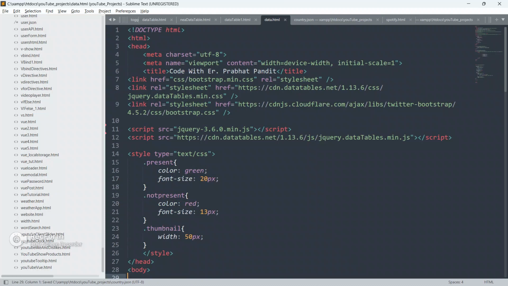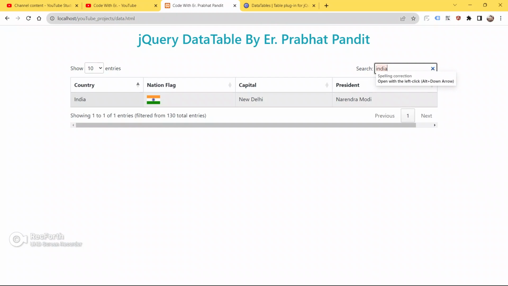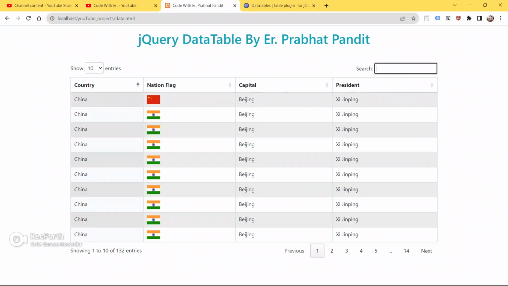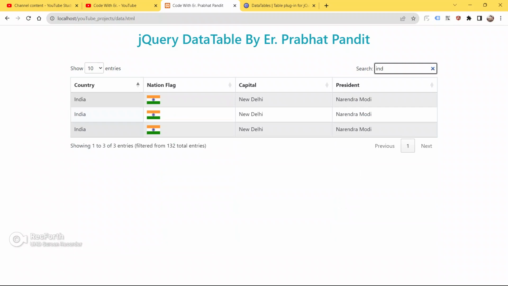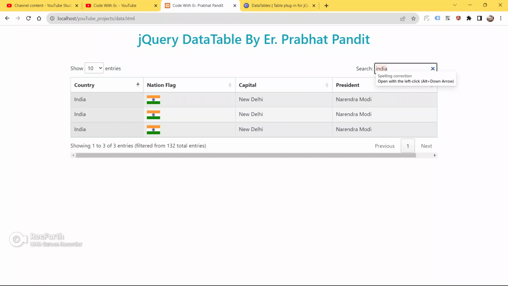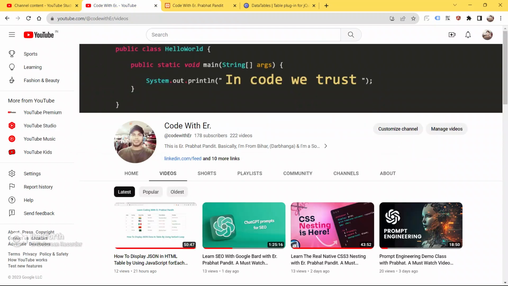This is also India, this is also India, and this is also India. Now just save your code, go to the browser and refresh your page. Search India first. See, now we have got three entries of India, so we are able to see three entries here. Our search is working fine.